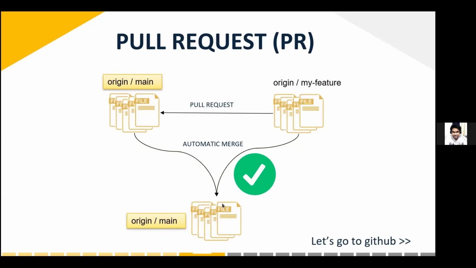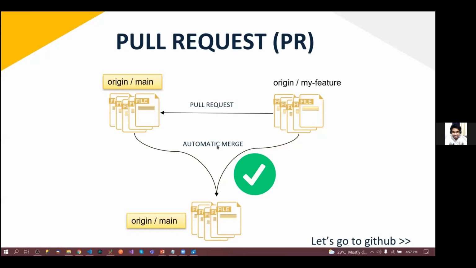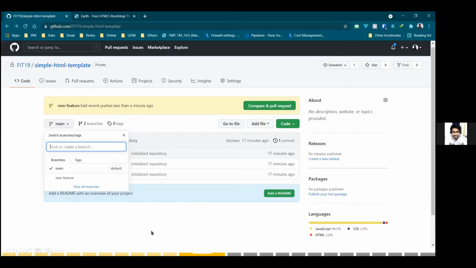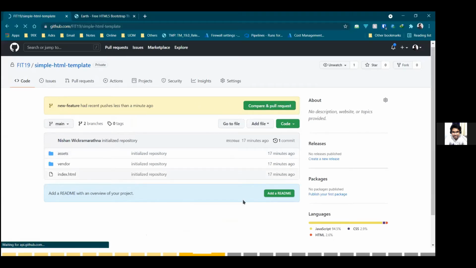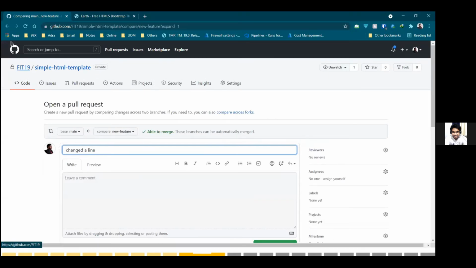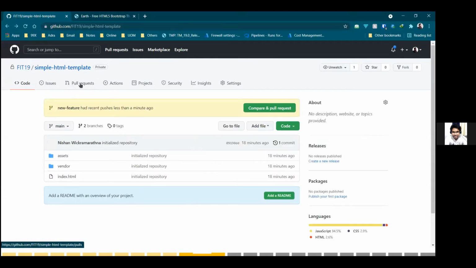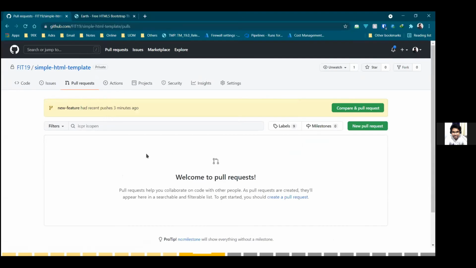Using GitHub, we can automatically merge it if there are no issues. I will come to what those issues are later. GitHub tells you that you can create a pull request now. You can do that now. Right? You can go there, or else you can go into this pull request tab, and you can create a new pull request,